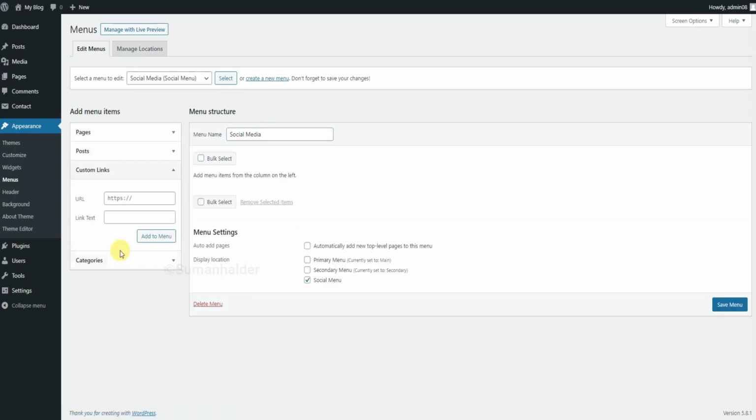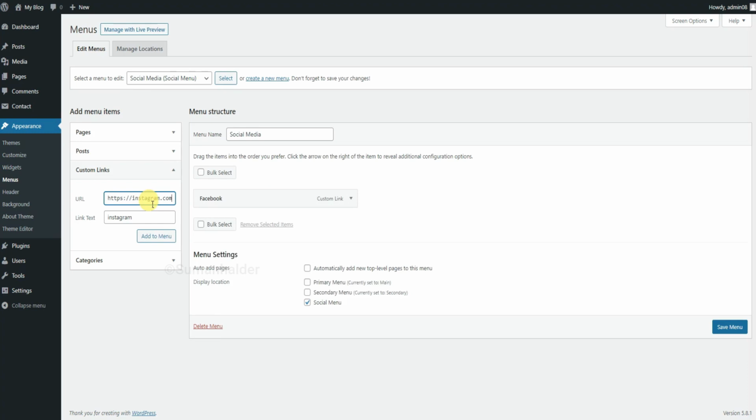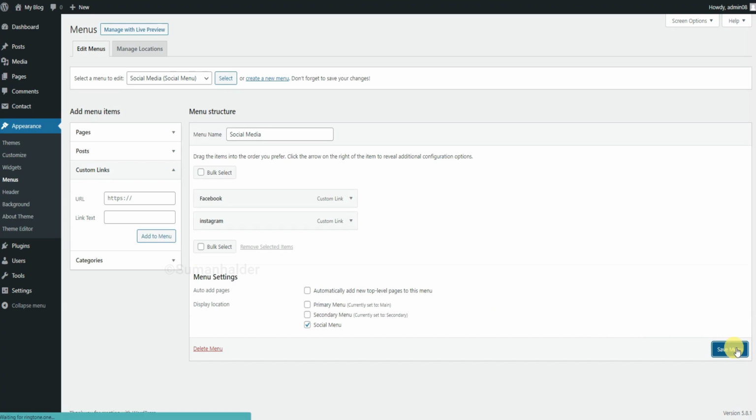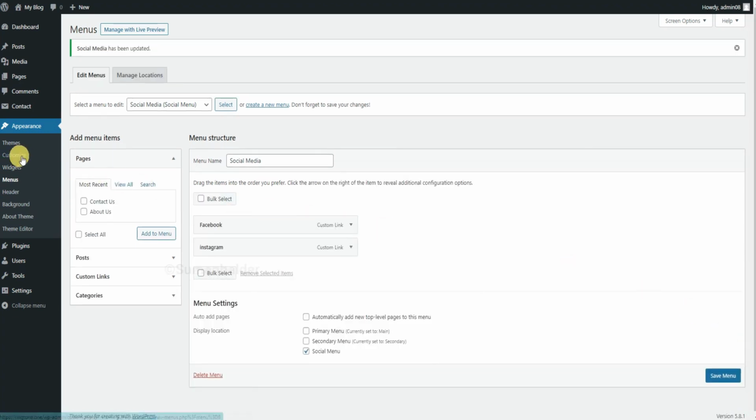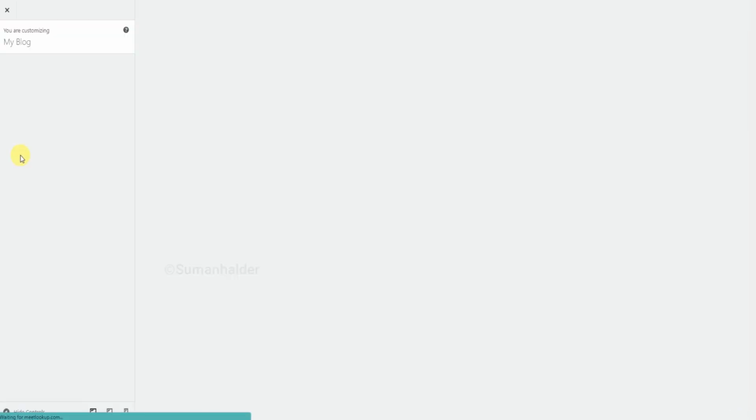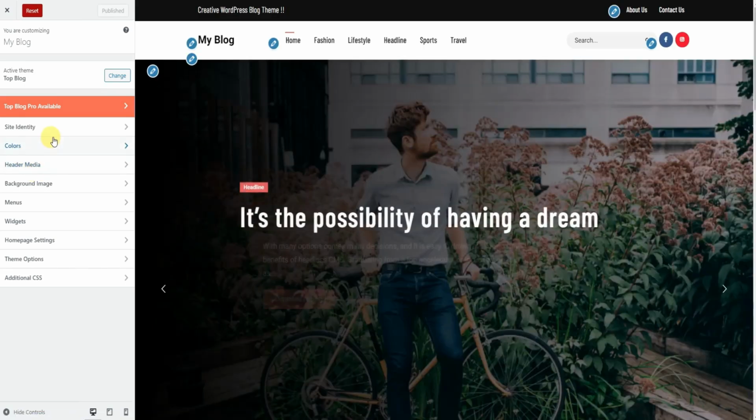Click custom link and enter social media name and enter your social media account. And click add to menu and click save menu and click customization. Now all our menus are working perfectly.